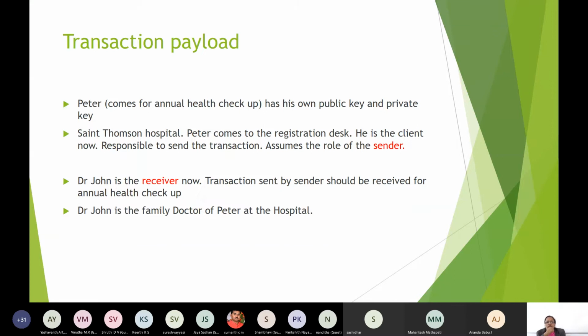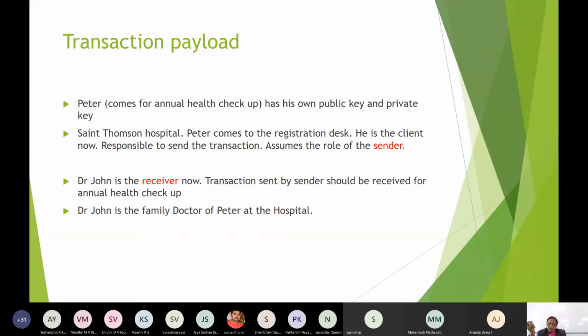Okay, so Peter, St. Thompson's Hospital. The client sends the role of the sender here. Okay, Dr. John is the receiver now, because Peter, the client, wants to get himself checked by Dr. John for his annual checkup.